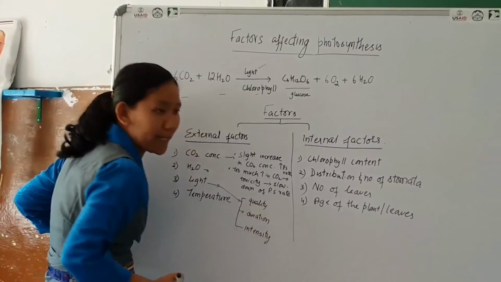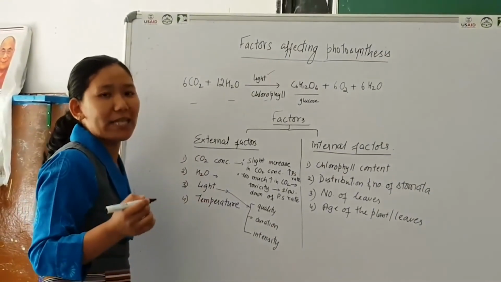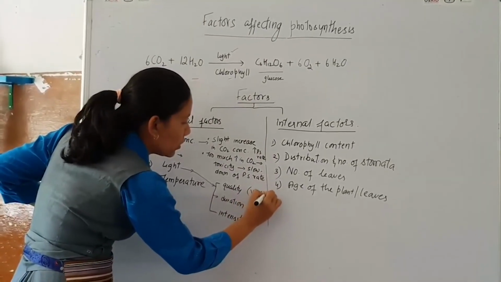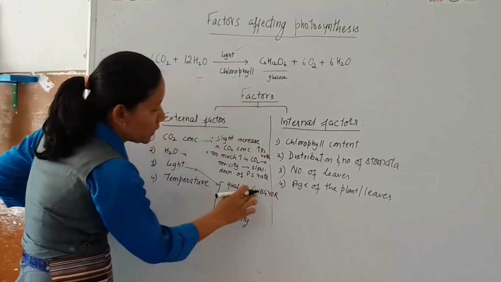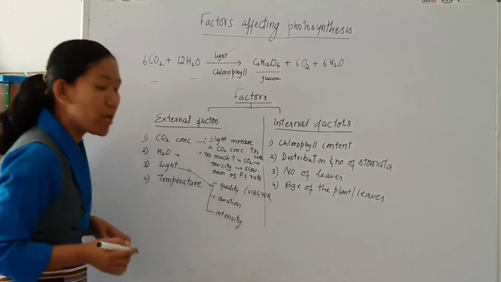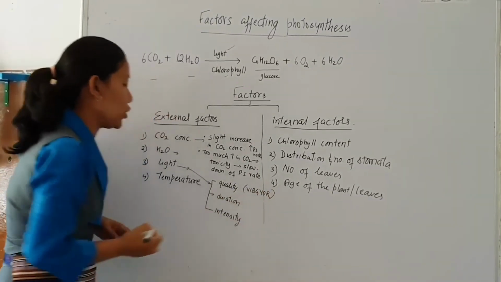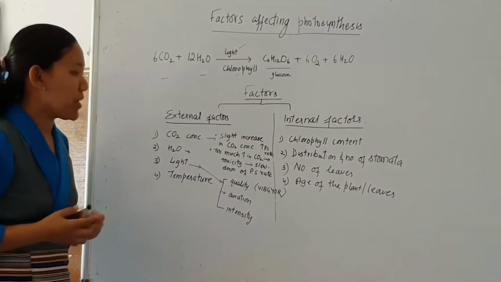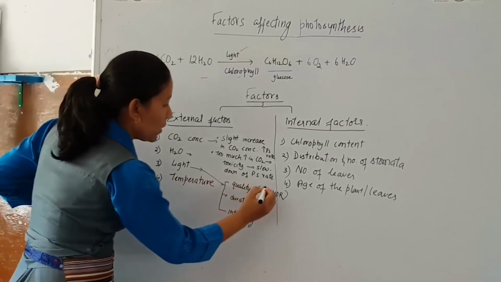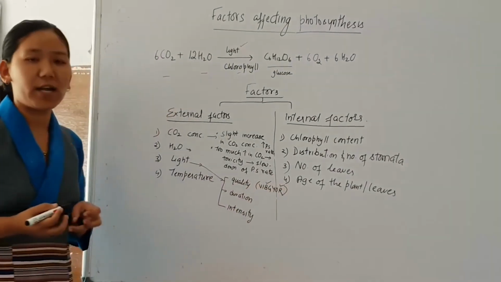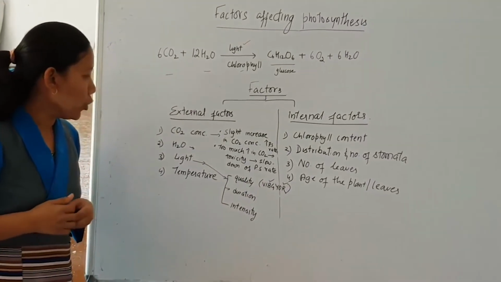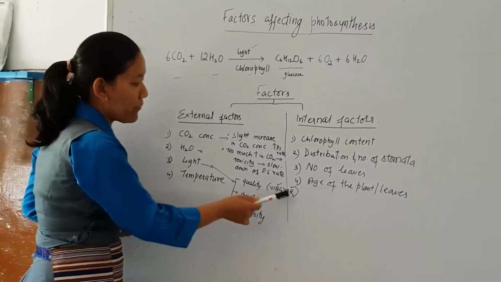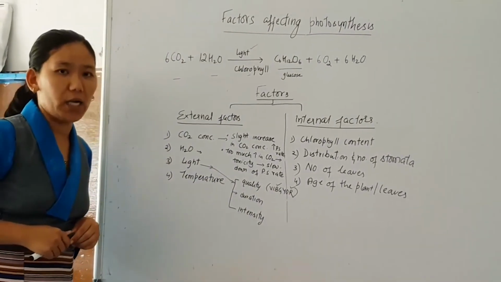We know that there are seven different colors of light: violet, indigo, blue, green, yellow, orange and red. Looking at this visible spectrum of light, experiments have shown that blue and red light lead to the maximum rate of photosynthesis. So if the plant is provided with blue and red light, the rate of photosynthesis will be higher.